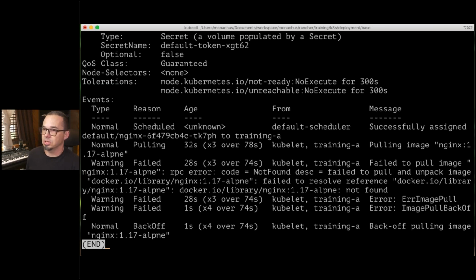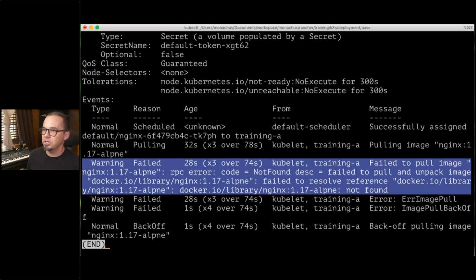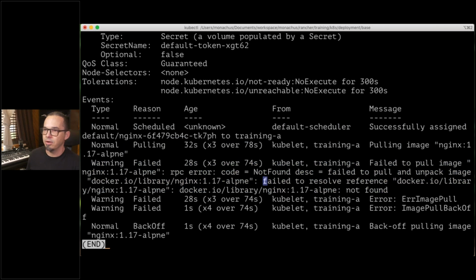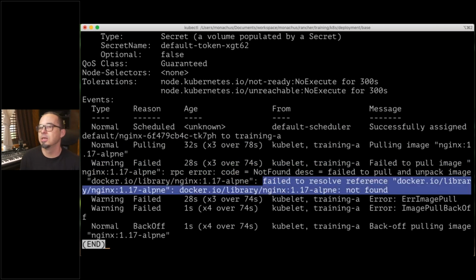So you can see that it was successfully assigned. Totally lost my mouse again. There it is. Successfully assigned. Okay. Oh, failed to pull image. Okay, we've got an error message here that says I misspelled the name. Huh. Okay. But notice,